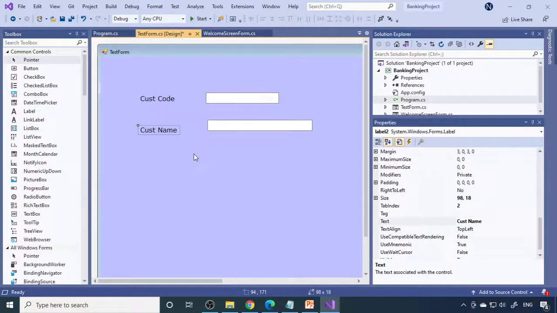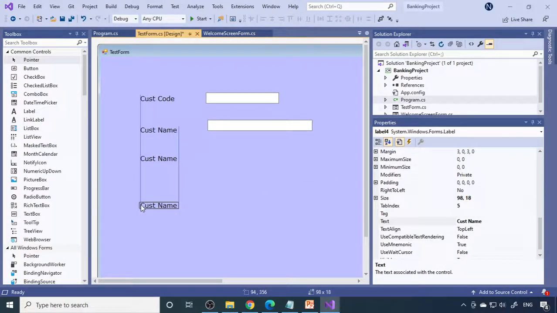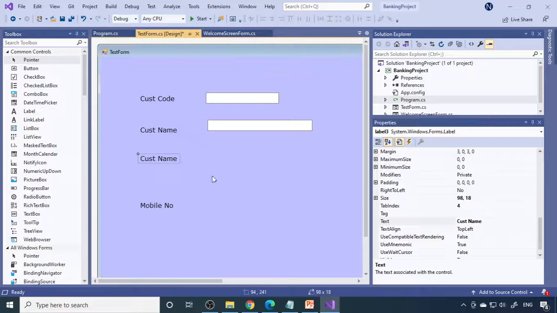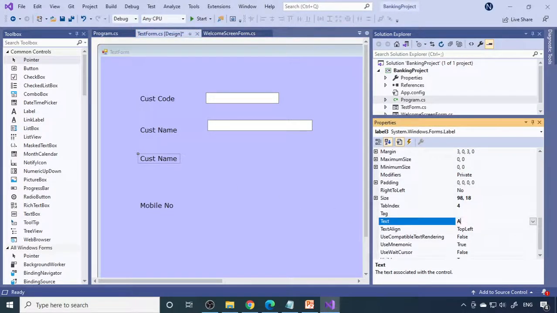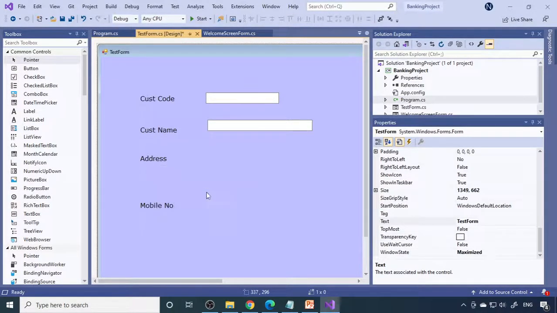The next I can copy and paste. So this is customer address. Next mobile number. Okay, so this is mobile number. So this is address. So you can copy this, then paste.